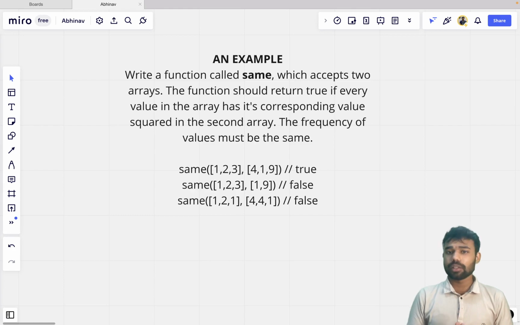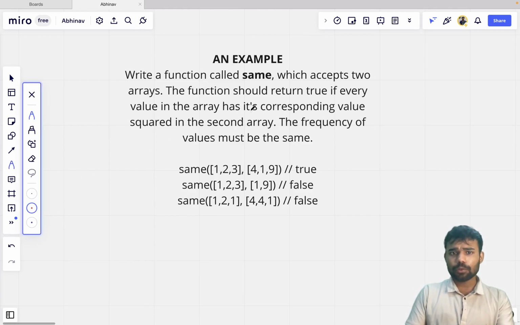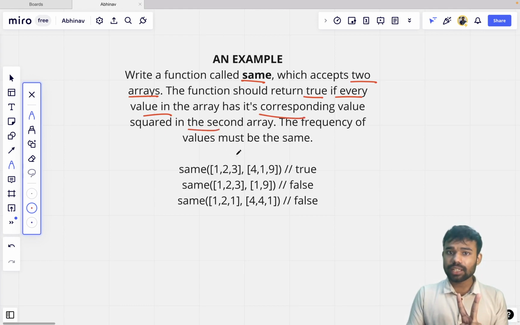Now let's take an example, and with the help of the example, we will understand how we can use this frequency counter method in different problems. You can see that the problem given to us is we have to write a function called same which accepts two arrays. The function should return true if every value in the array has its corresponding square in the second array. So we have two arrays, and every value of the first array should have its square in the